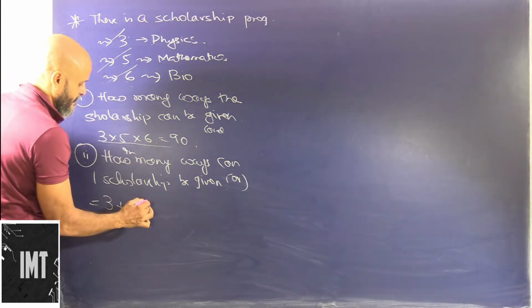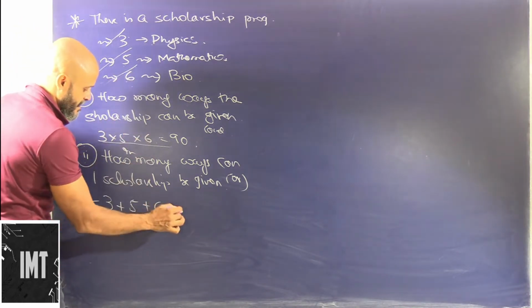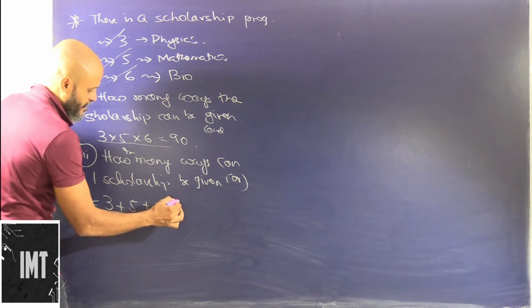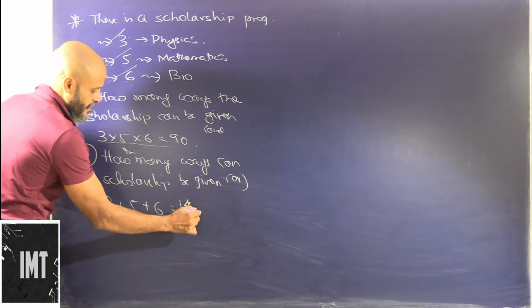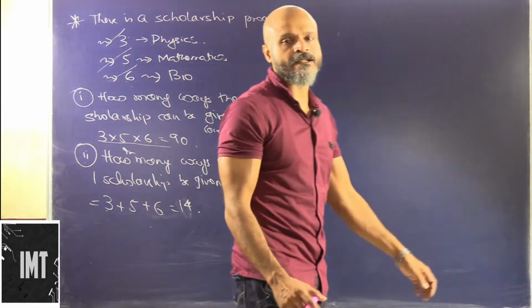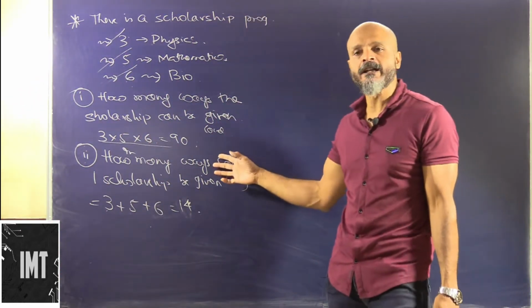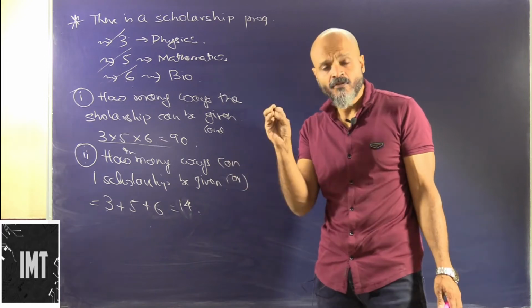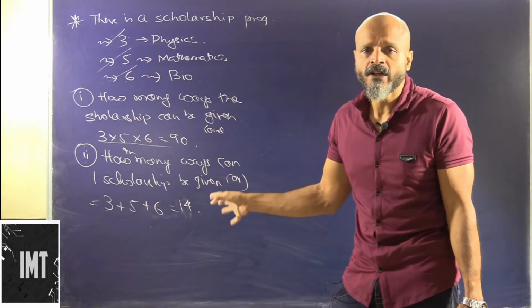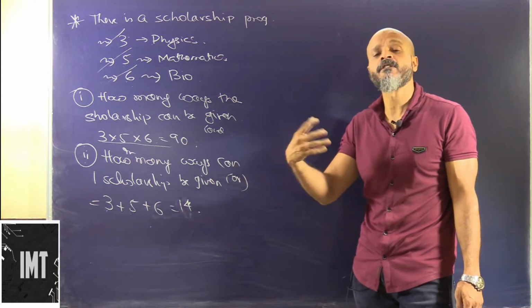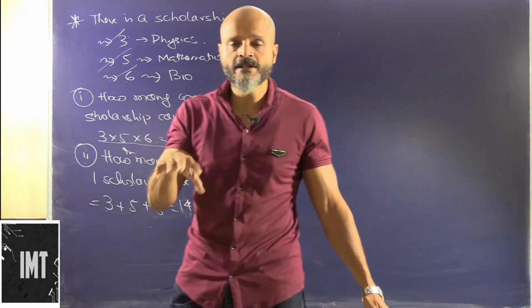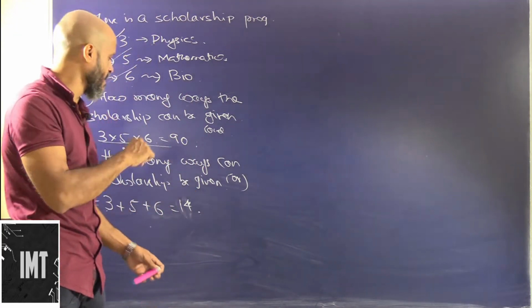This can be given in 5 ways, and this can be given in 6 ways. So we will have 3 plus 5 is 8, 8 plus 6 is 14. I'm sorry. Okay, clear? So this is how we will decide whether to multiply or whether to add. Very simple. We have still not applied any formulas for permutation. We are just trying to understand where we will apply the concept of addition, and where we will apply the